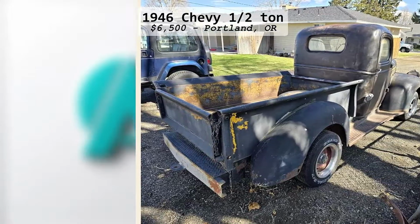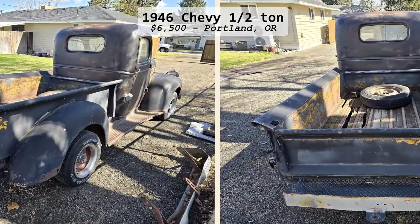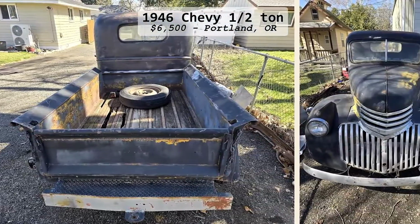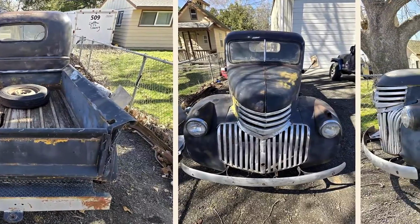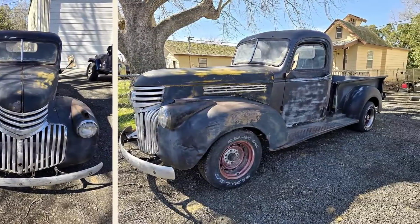Welcome to a classic car enthusiast dream. Presenting the 1946 Chevy 1/2-ton pickup, a rare gem priced at just $6,500. Located in Portland, Oregon, this truck is a solid original piece that has spent its life in the dry climate